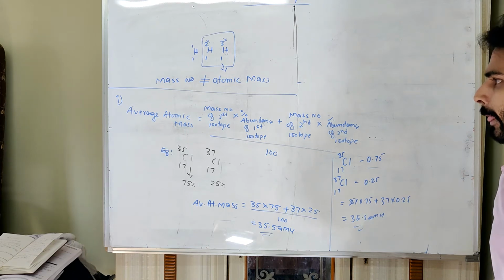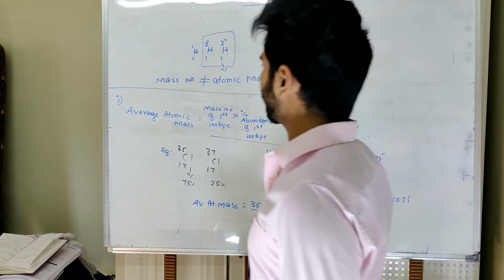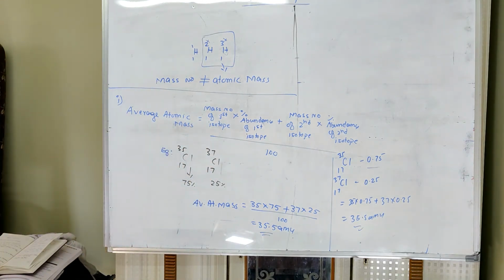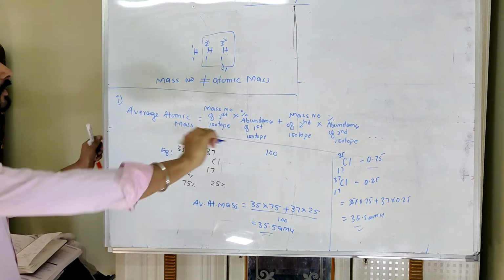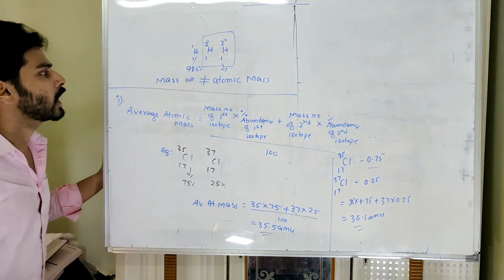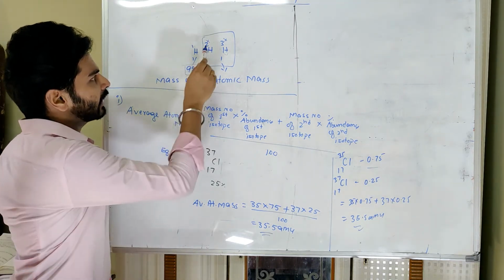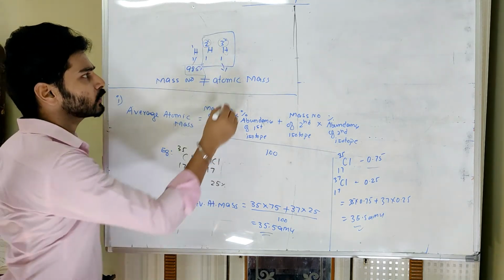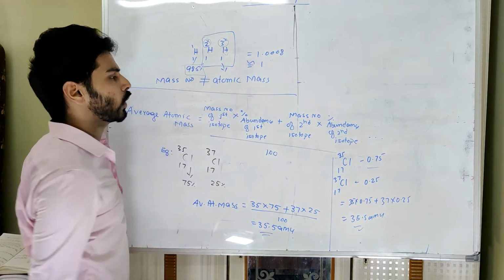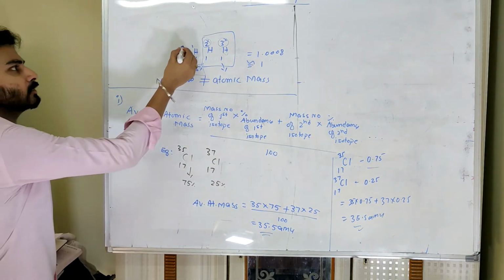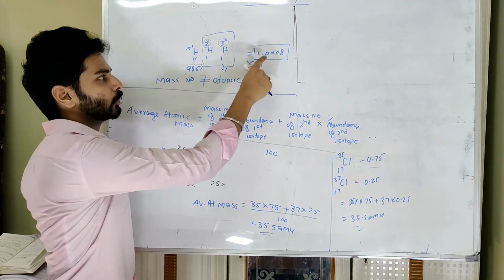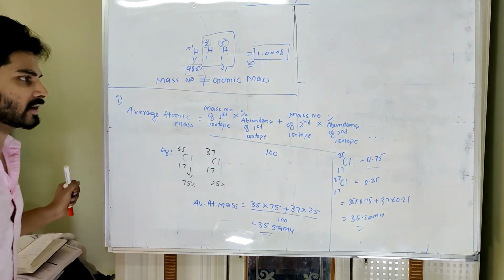So this is how we can calculate average atomic mass wherever more than one isotope exists in nature. In the case of hydrogen also we can do this, but their percentage is very small. This is 99%, yeah, 98 point something, 98.5% like that. So its percentage is so large, then their mass contribution won't affect. So that's why the atomic mass becomes 1.008, where we can consider this as 1 as atomic mass, which is similar to the mass number, and this 0.008 came because we have taken the average there.